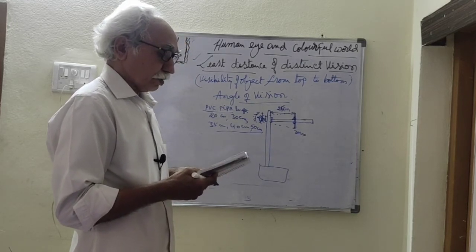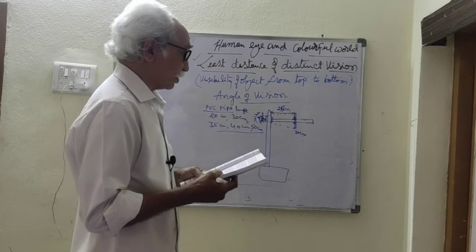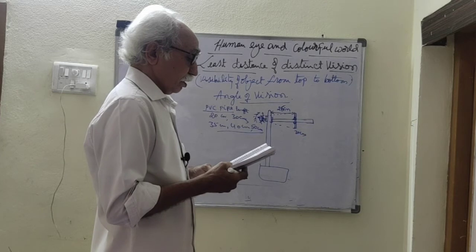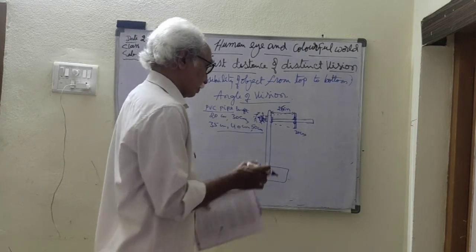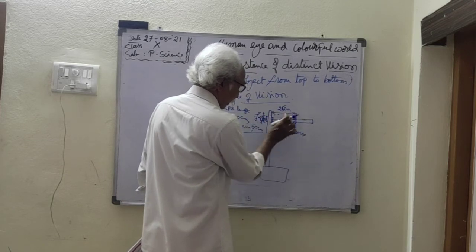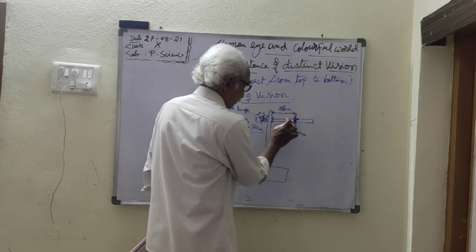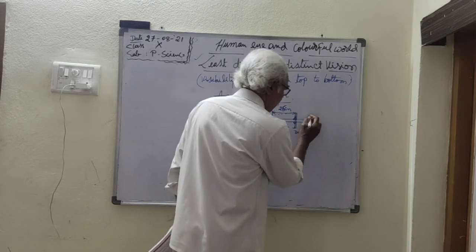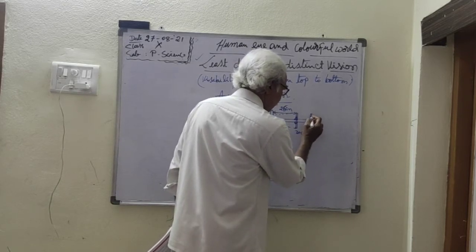If you are not able to see both ends of the stick at this distance, adjust the vertical stick on the horizontal rod till you are able to see both the ends. Suppose this rod is not visible clearly from top to bottom, then adjust this rod some more distance. Just increase the distance.